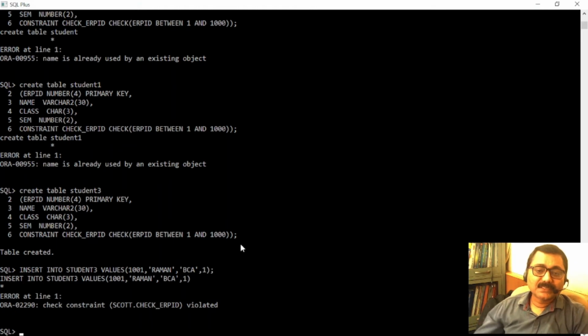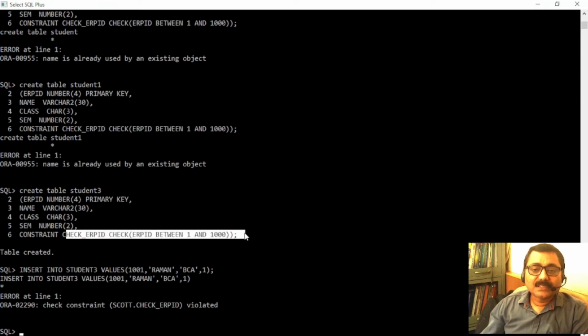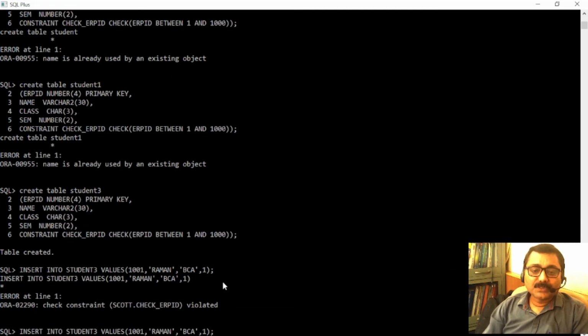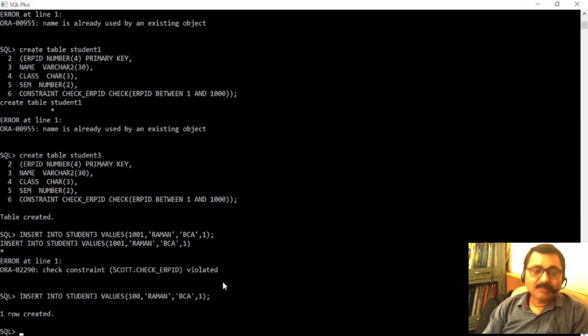It simply says check constraint violated. This means that this constraint is violated, because its range is, it can allow the ERP ID from 1 to 1000. I have taken 1001. Now you can understand it's working.